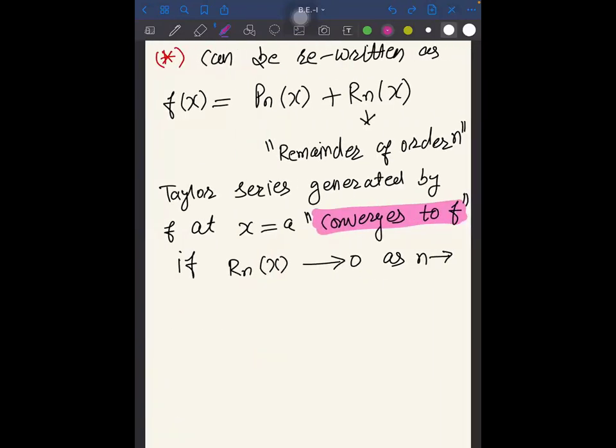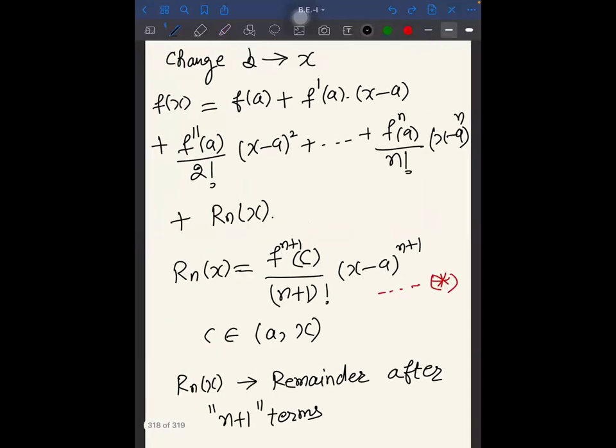It will not be 0. See, rn will not go to infinity; rn is just this expression, right? So don't take it as infinite. You will get more clarity about that when we do the questions. But for now, what I'm saying is that if f(x) is equal to the series,